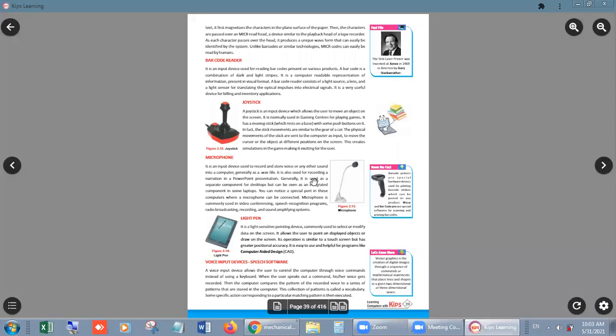Microphone, this is mic to record the sound. Light pen, directly with a light pen you can write inside the computer, because you will get a pad with a pen which is connected with the CPU, and whatever you write on this pad, that exactly you can see inside your computer, right? Then I'm stopping here, but I'm showing you, one is check, second is barcode.